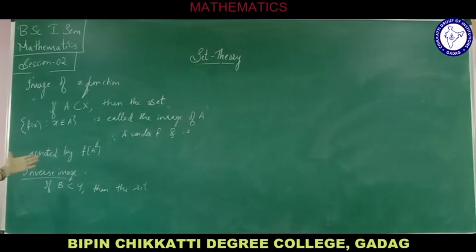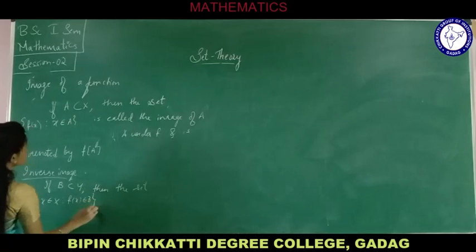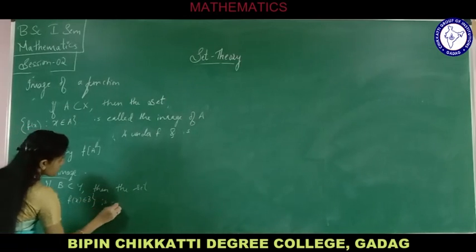The set of x belonging to X, such that f of x belongs to B, is called